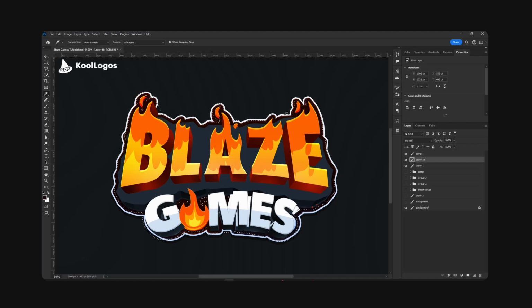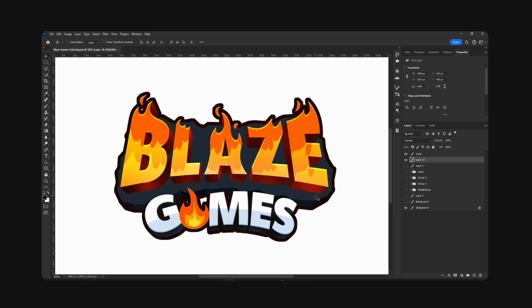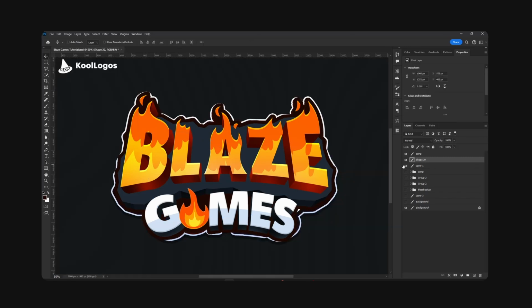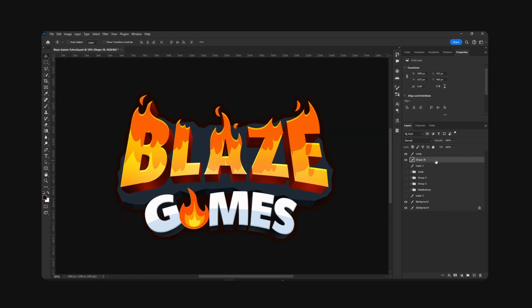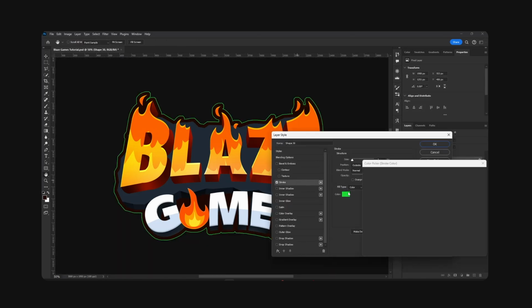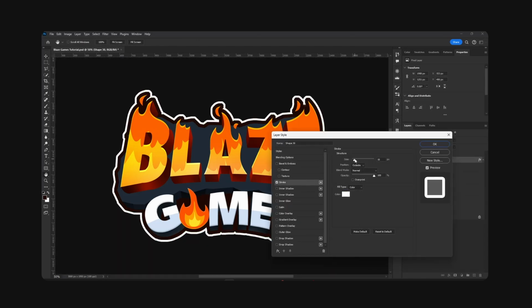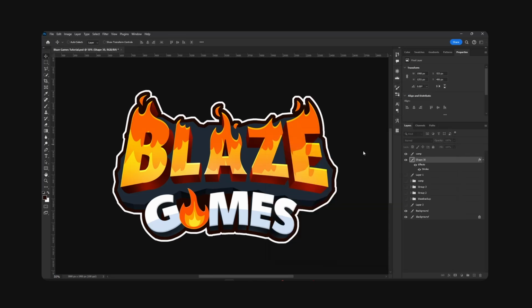We're gonna hit Alt Backspace. So basically fill, like so. We take our pencil and just fill in the gaps right here. Merge. And lastly, we're gonna add a nice white outline, like so, 15.